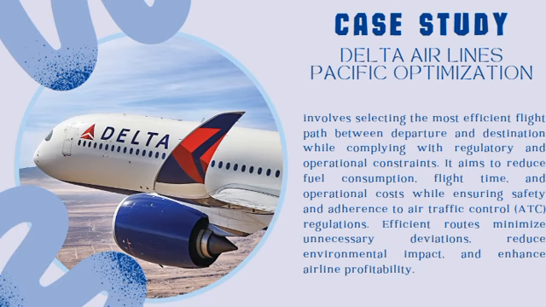Benefits that they had because of this optimization: fuel savings by avoiding headwinds and optimizing cruising altitudes. Delta saved approximately 1,100 kilograms of fuel per flight on average for westbound routes. Eastbound flights leveraging tailwinds saw time savings of 10 to 15 minutes per leg, allowing for improved scheduling and reduced crew duty times. These efficiencies translated into over 3 million in annual cost savings, demonstrating the financial benefits of robust